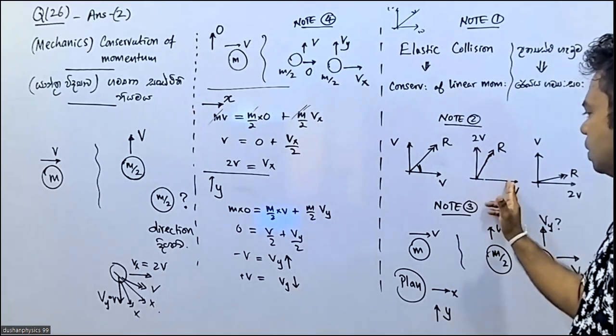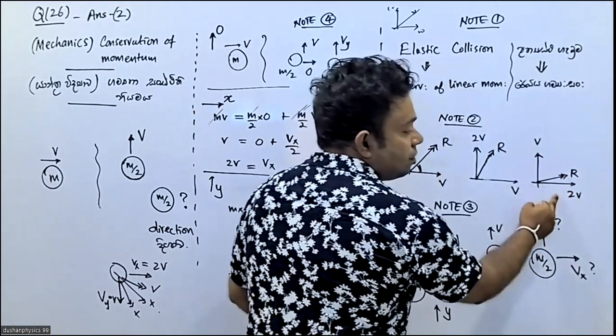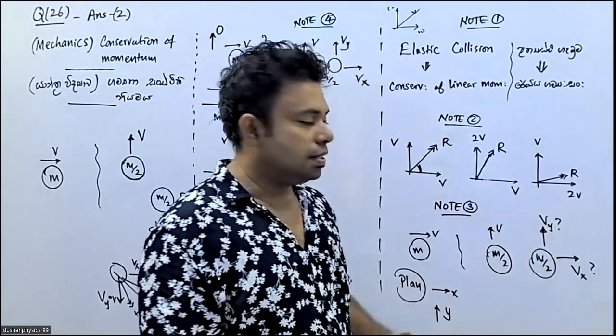See, if it's 2v, it comes to this direction. If the x direction's velocity is high, if the x direction velocity is high,